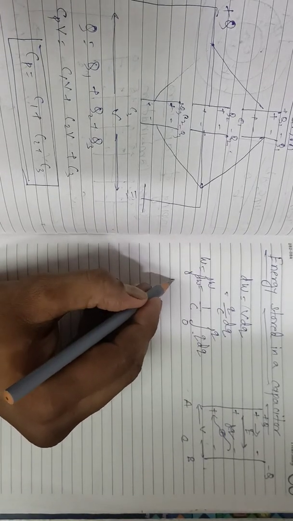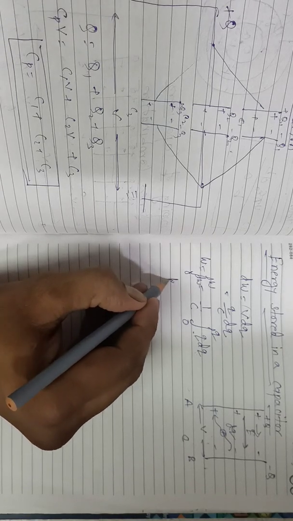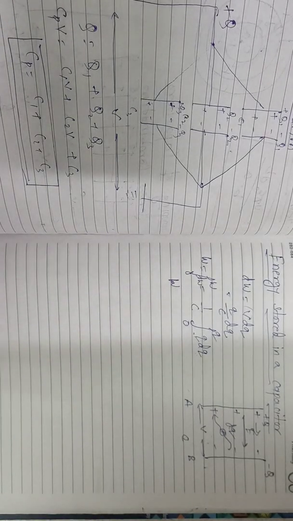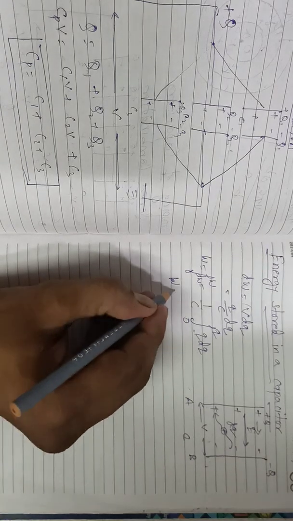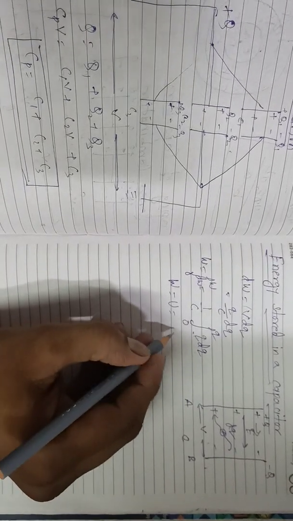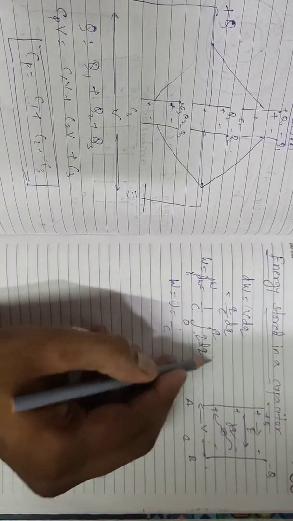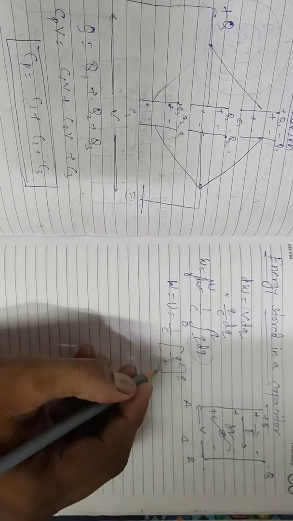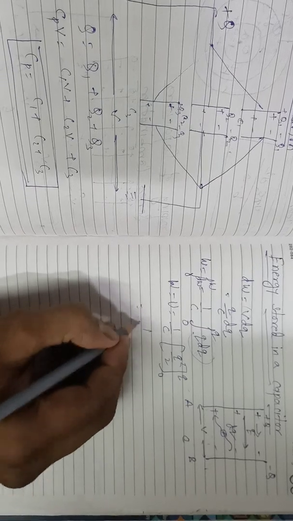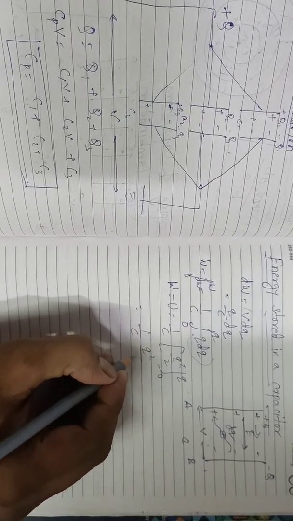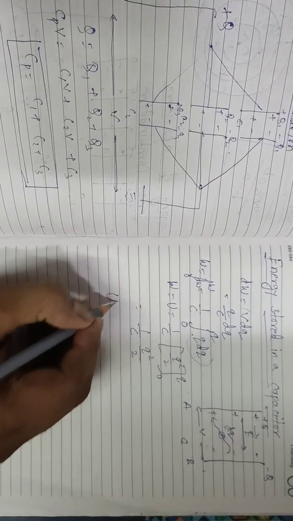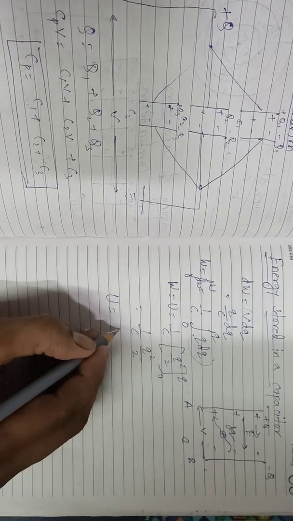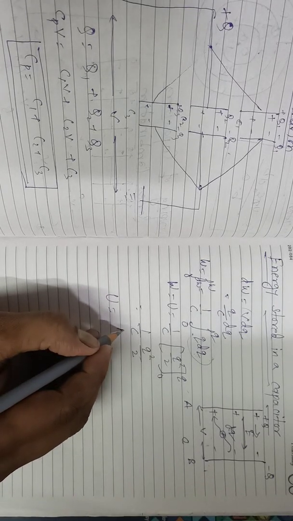Here we will get W, which is also the energy. We can write U also, and on the right hand side it will be 1 by C, and Q dQ will be Q square by 2. Upper limit will be kept here, lower limit will be kept here. It will be Q square by 2. So the energy of the capacitor can be written as Q square by 2C.